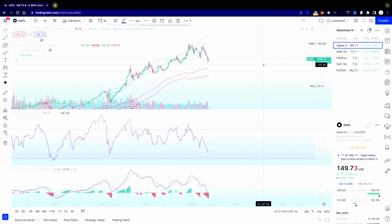Michael Burry, he has actually put out some shorts and then he's retracted them. Yes. So, I mean, that's something to watch. But let's look at the technicals on Apple and see what it's showing us. So we're going to look at the fib bands, we're going to look at the RSI, and we're going to